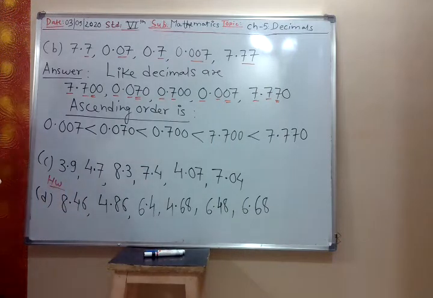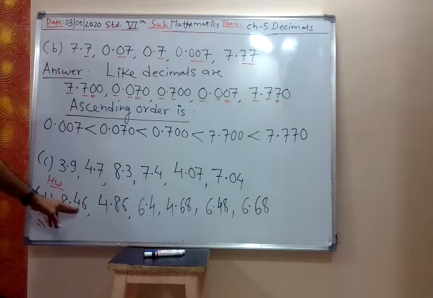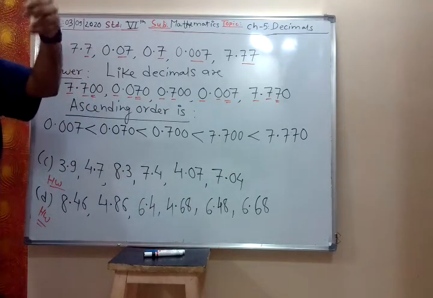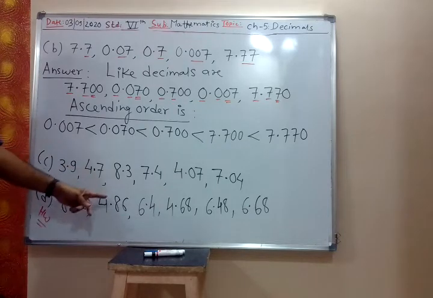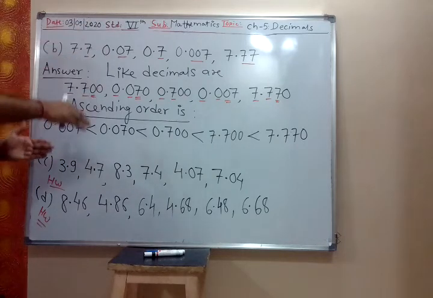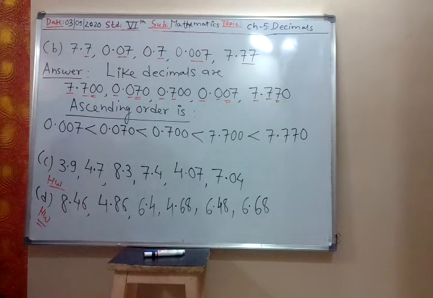So this one is also easy. Let me give you this also as homework. You have to convert them into like decimals first. Like decimals means after the point they should have the same number of digits. So this is 2, this is 2, this is 1, this is 2, this is 2, this is 2. So the maximum number of digits after the point is 2. So for each number after the point we write 2 digits, so we add 0 to the right of the decimal. So C and D are homework.